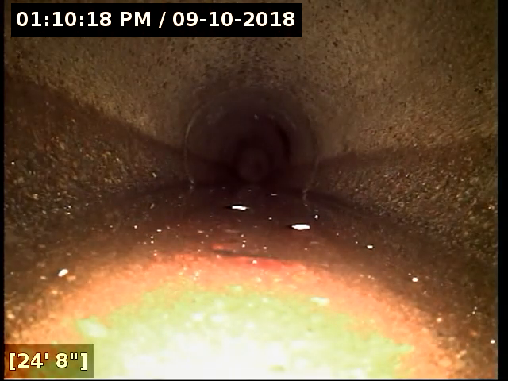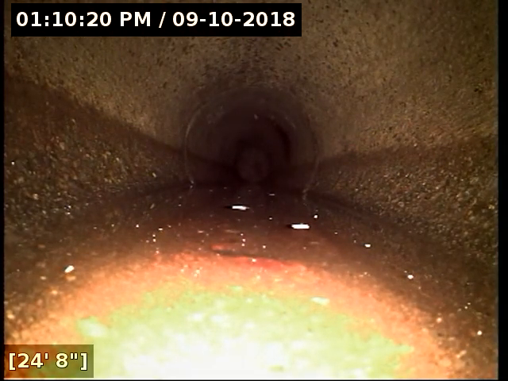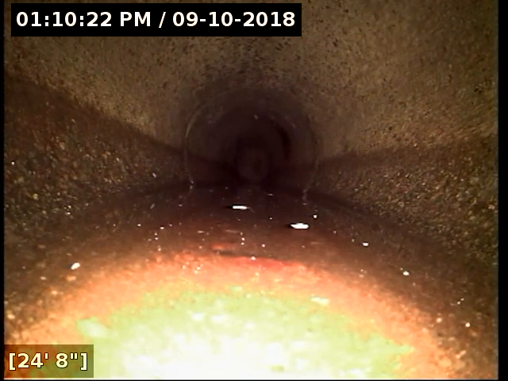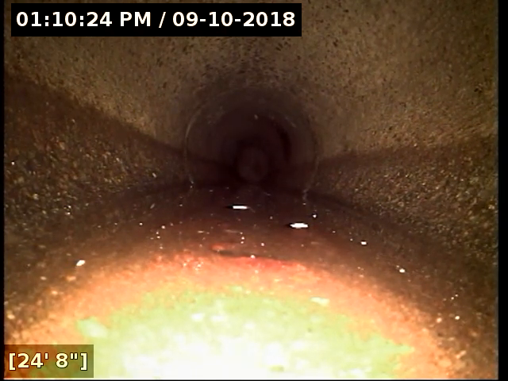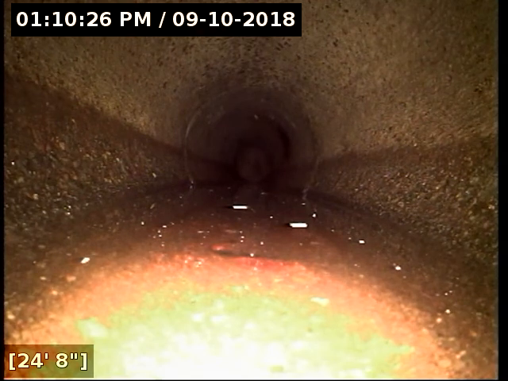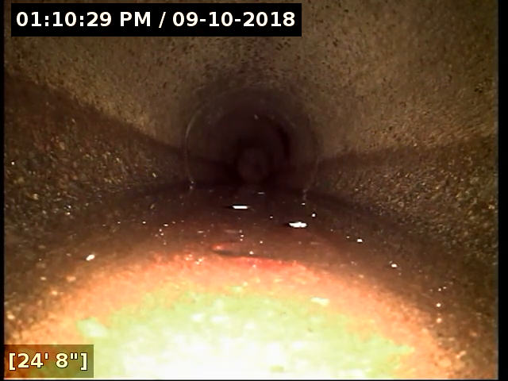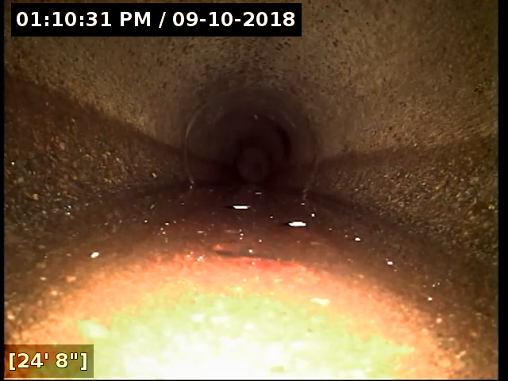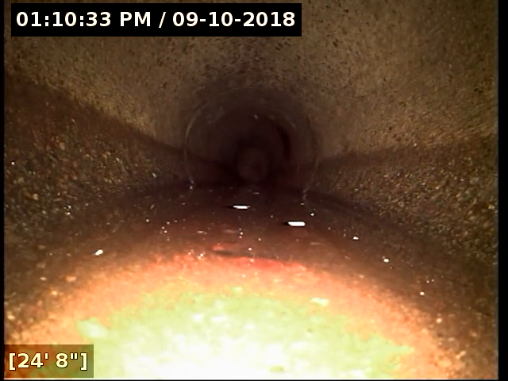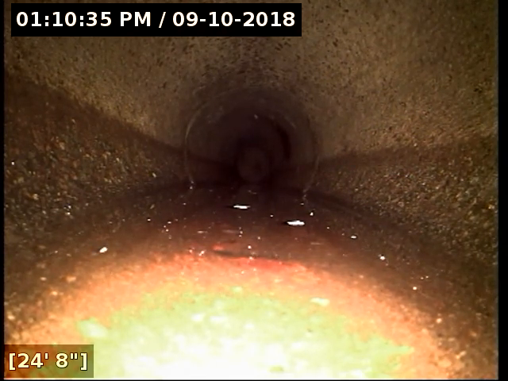All right, I've located and mapped this where we have an X at each end. The X's out there outline the belly that's in the ground. Obviously, once you get to the end of the belly is right where the pipe does a drop, and then a few feet below that is where the roots are. So from 24 feet to 33 feet, I do recommend correcting the combination of the belly as well as the